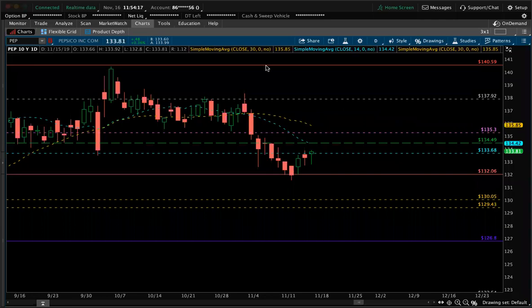You can give a trade till end of day. You can give a trade till Tuesday. You can give a trade till Friday. I give a trade, and if you bought time, you can still use this method. So I give a trade till Wednesday. I know Pep has daily ranges, so we'll look at the daily ranges.